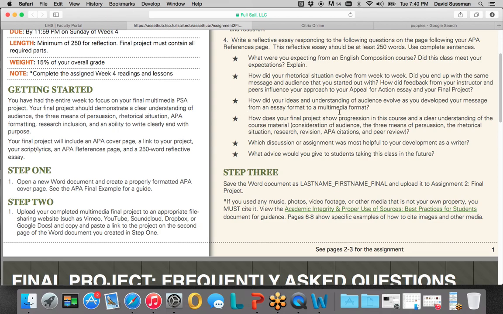Every month I get people who are just reflecting on, I don't know, their PSA topic itself. Like they'll write a 250 word piece about how record industry contracts are unfair. But that's not what the reflection is about. It's about these specific six starred points here on the actual assignment sheet.